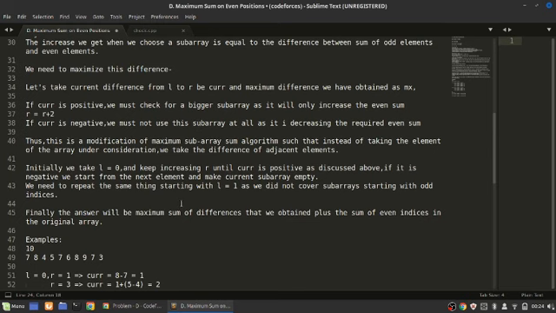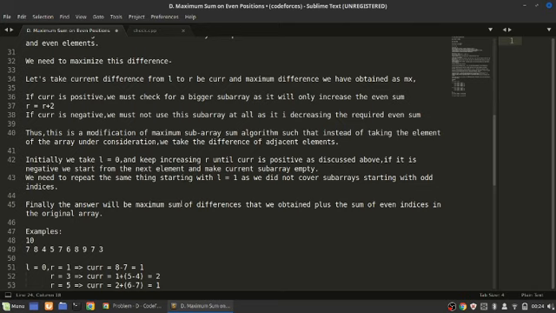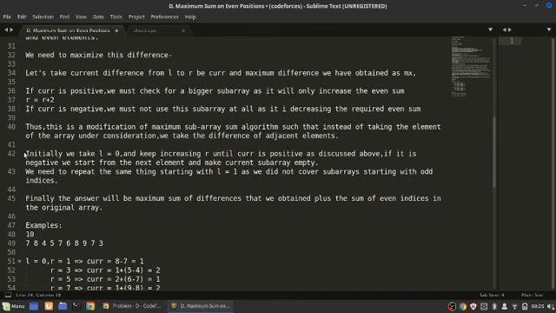So what we do in this problem is we first take L equal to 0, keep increasing our R until the current is positive, and store the maximum current that we found in a separate variable. If it is negative, then we discard the entire subarray that we have formed till now and move ahead. And if it is positive, we do R equal to R plus 2 and continue our search for even a bigger current. So in this method, we are starting from L equal to 0.